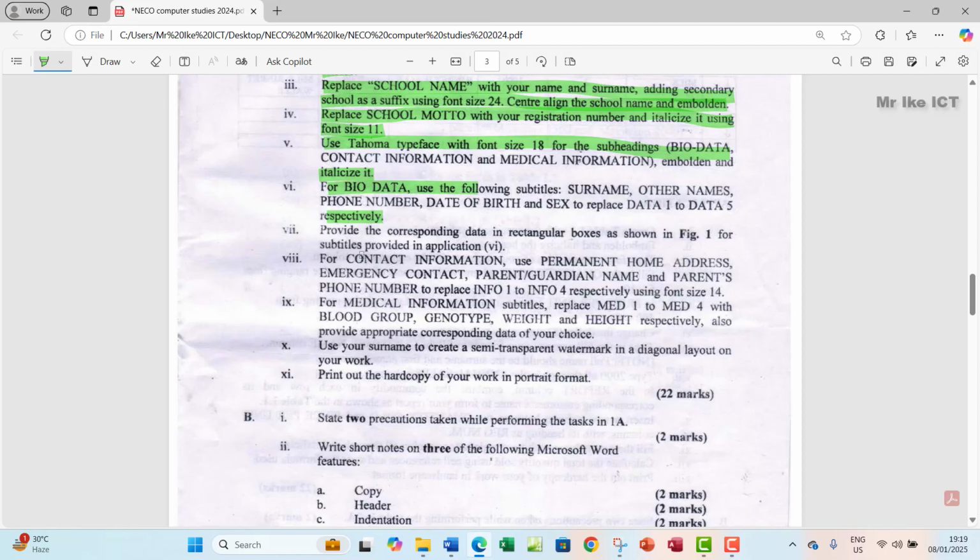VII, provide corresponding data in rectangular boxes as shown in figure 1 for subtitles provided in application VI. Okay, so now